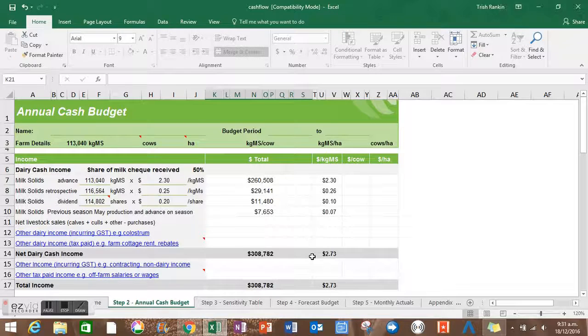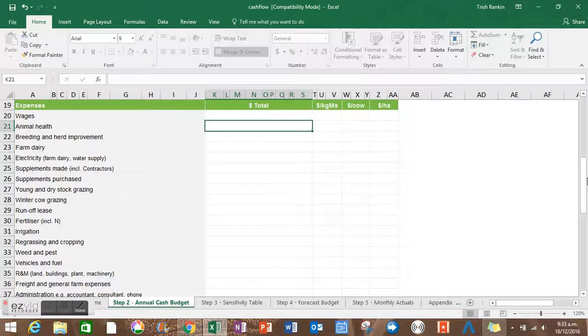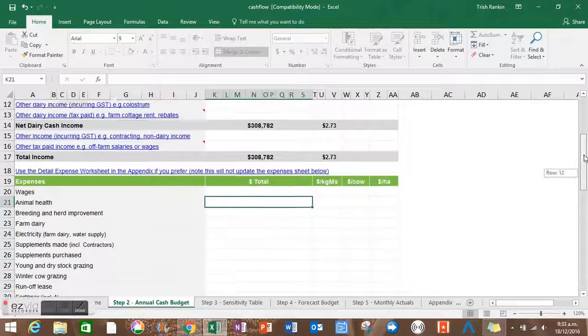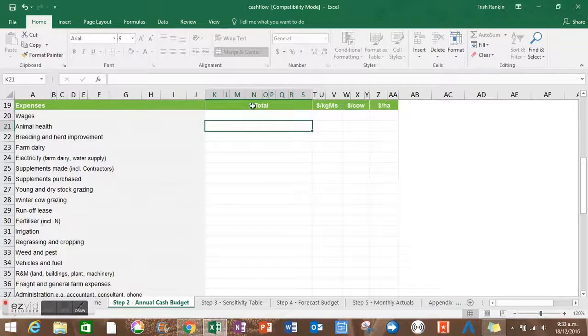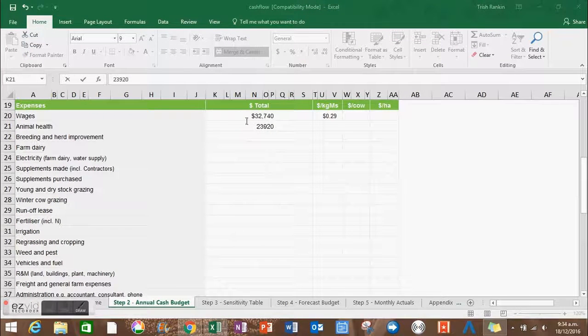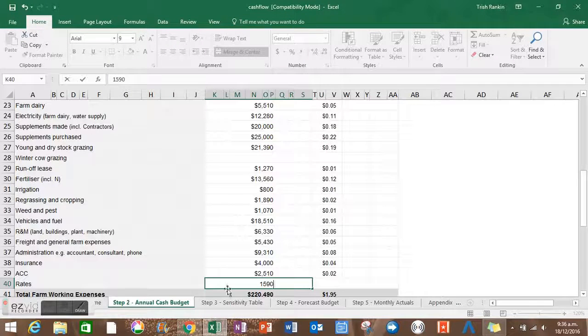As we go on through, we can go down to the farm working expenses, and again this is where you'll have your annual cash budget figures that you've already worked out, and all you're going to need to do is type each one of those figures in there to populate those cells. Here we go, and here's one that we've filled in for you. You can see here I've filled in all my farm working expenses,